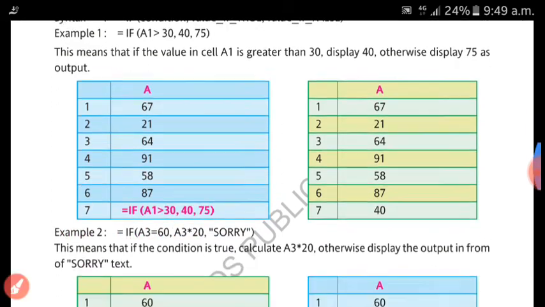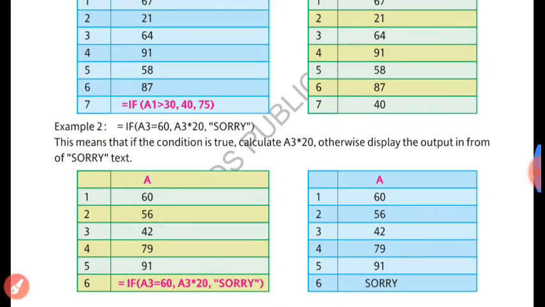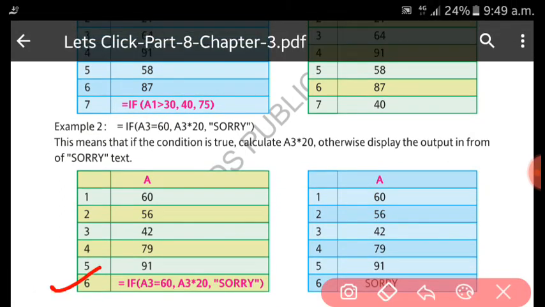We can also write something else, like if the value of A3 equals 60, is it 60? No. So the result will be "sorry". Always remember, if the condition is true, this part will get executed. If it is false, this part will get executed.